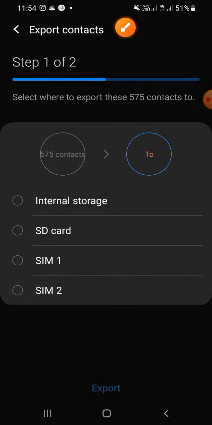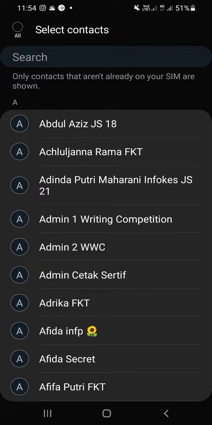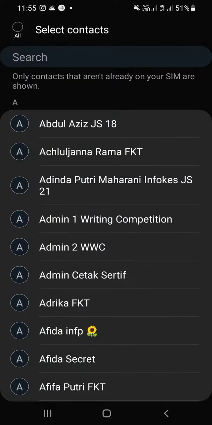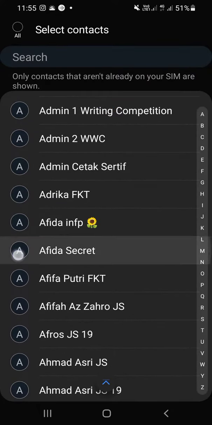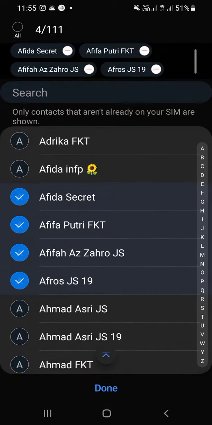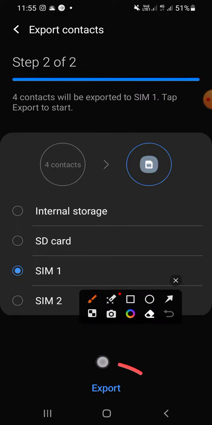And then you can choose the SIM card that you want to transfer your contact to, and I'm going to choose SIM1. And you can select the contact that you want to transfer, and if you want to transfer all of your contact, you can click select contact right here. But if you just want to transfer some contacts, you can click on the contact like this, and you can click done, and then you can click export